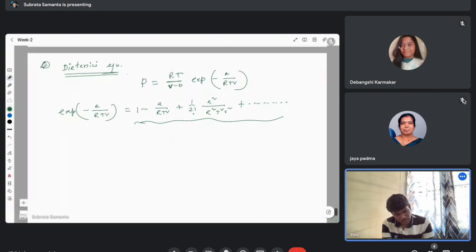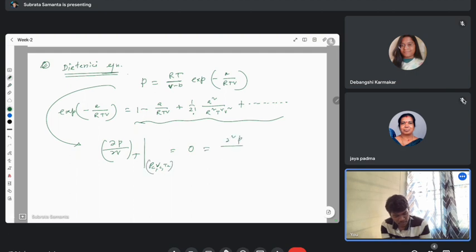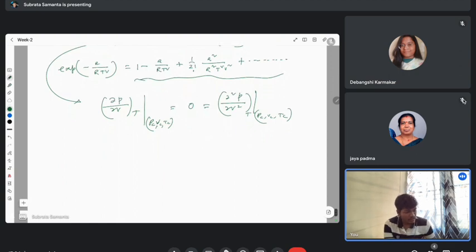So now for this case, if you calculate ∂P/∂V at constant T at the critical point, PC equals 0, and similarly ∂²P/∂V² at constant temperature at PC is 0, we can calculate that. Once you calculate this, you get the result that TC is a by 4